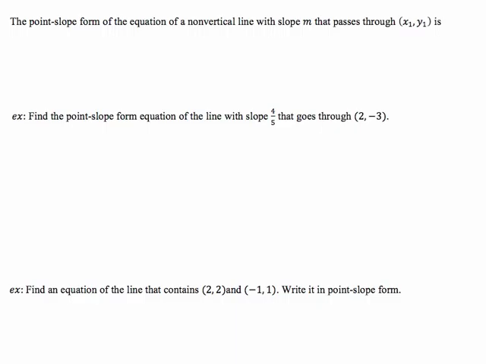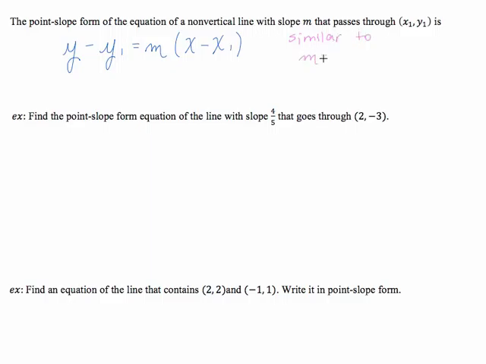In this video, we're going to look at the point-slope form of the equation of a non-vertical line with a slope m that passes through a point, x1, y1. This is a very general form of a line, and it is y minus y1 equals the slope m times x minus x1. This is actually very similar to the slope formula,